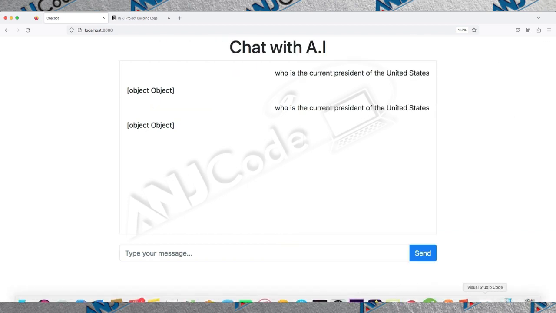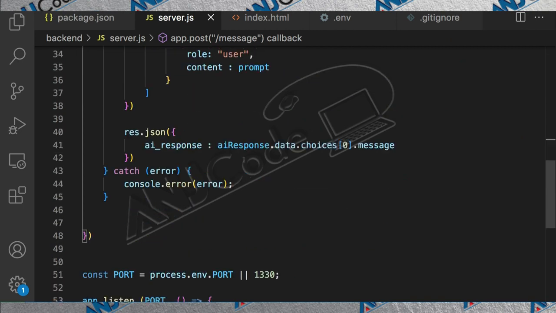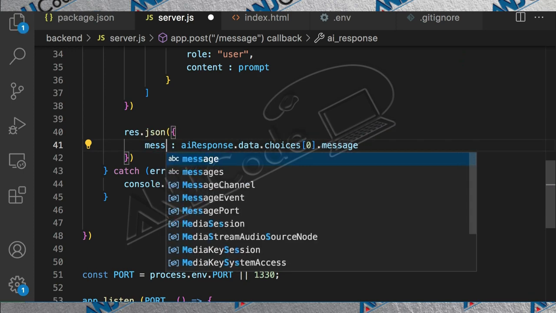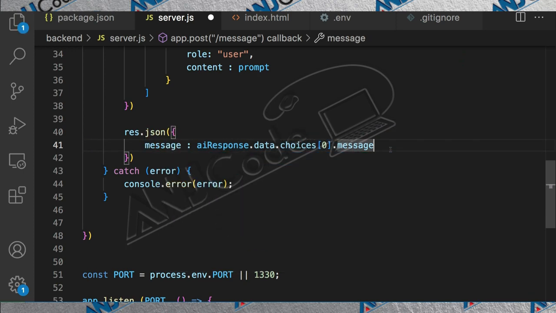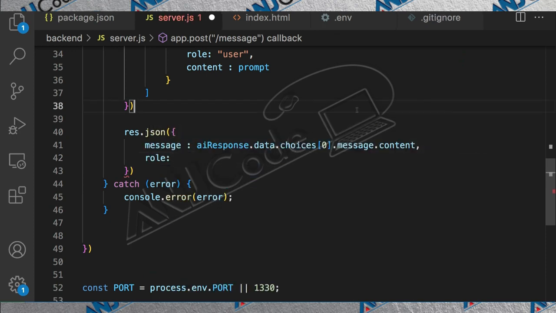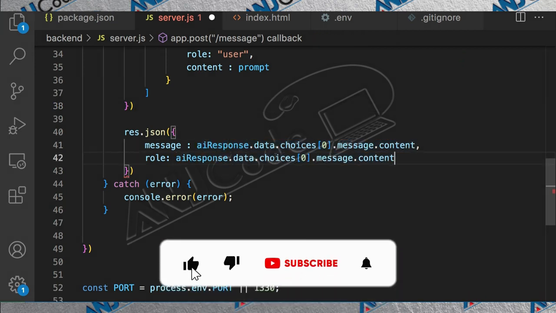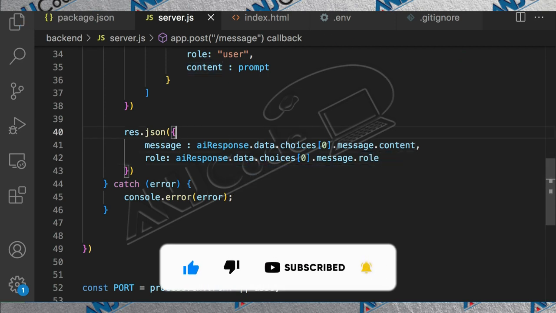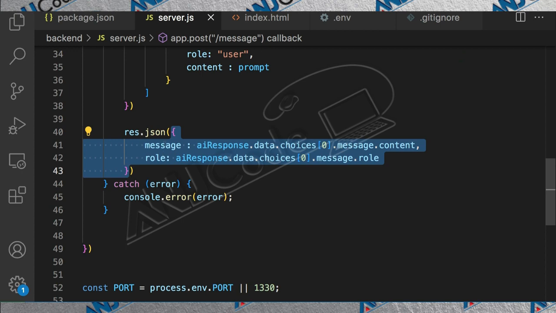So I'm going to go back to VS Code. Now on the back end, we're going to break this AI response down. So we say message. The message will be just the message that we get back, so that will be the content, and we also want to send the role back. That will be this same line, but we'll replace content with role. So now this is the object we're sending back. We're sending a message,